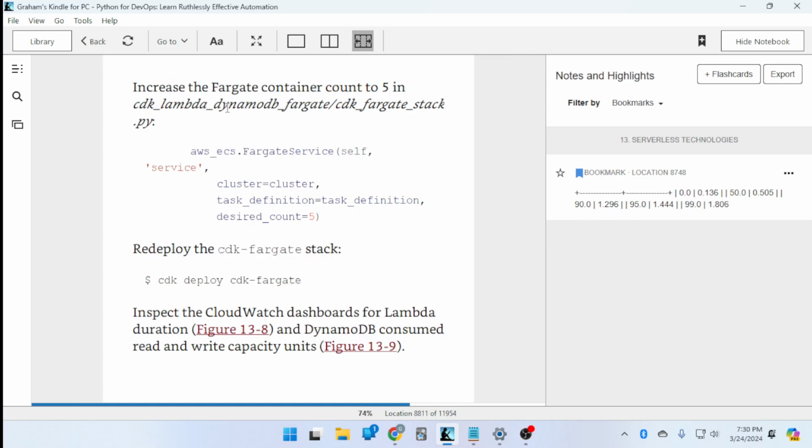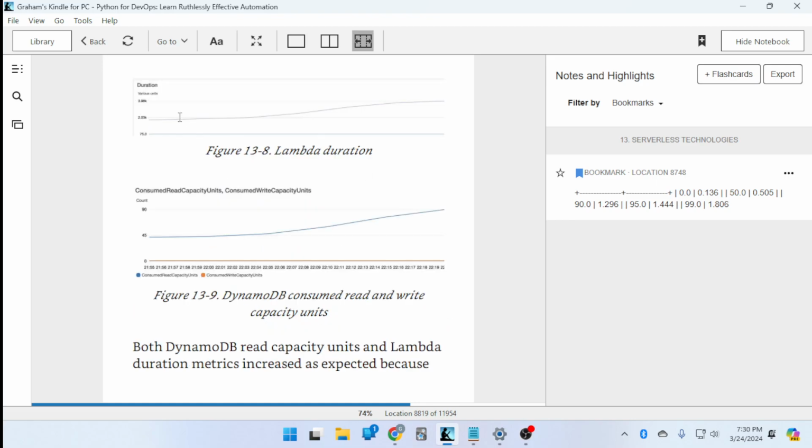Increase the Fargate container count to 5 in the file. So there we go, changing this value. Redeploy the CDK-Fargate stack. Okay, so CDK deploy is the command for that. Inspect the CloudWatch dashboards for Lambda duration and DynamoDB consumed read and write capacity units. There we go, doing that. This looks like the same. Oh, you know what? It is the same graph, but there are going to be changes to the graph